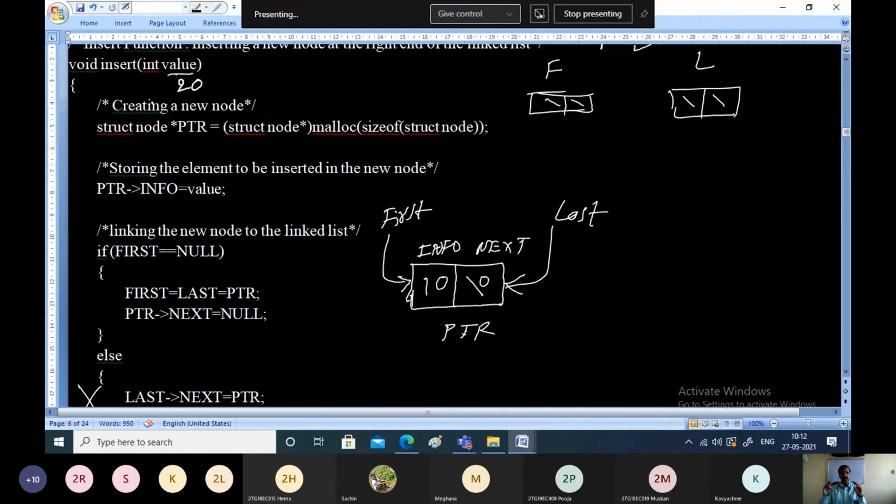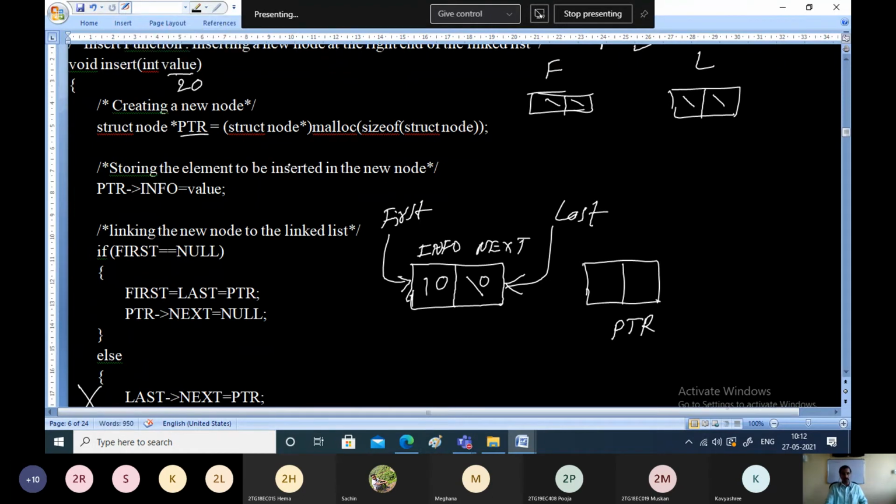If you want to insert any node into the linked list, first declare the node and allocate memory for that. So what is the first step? Again, we will take a new node called PTR. Now this is not essential. This will not be required now because PTR is pointing to some other node. This is not our PTR.